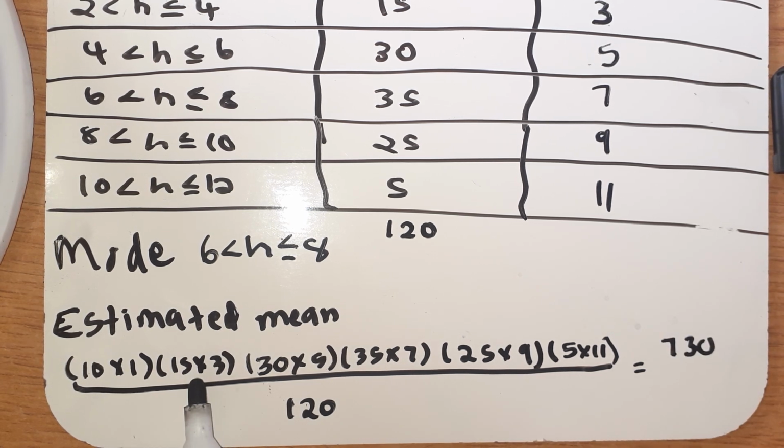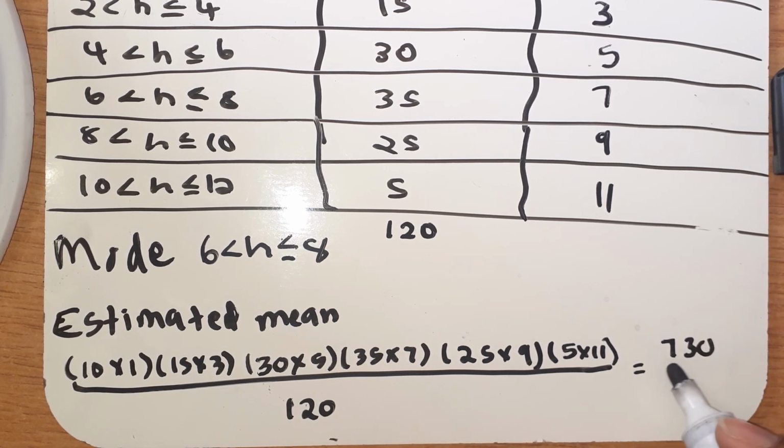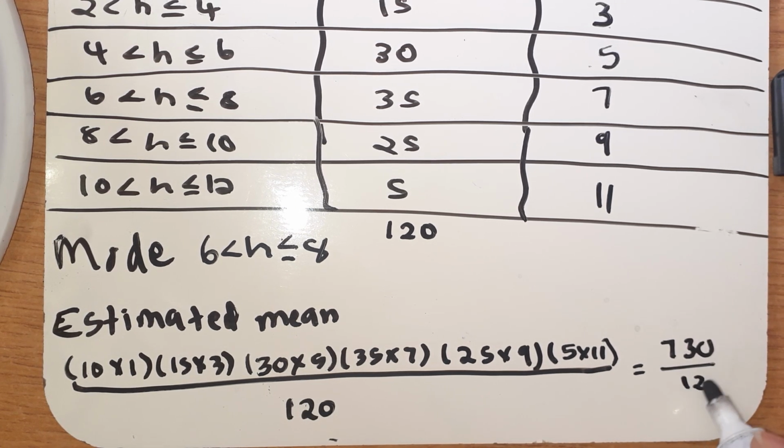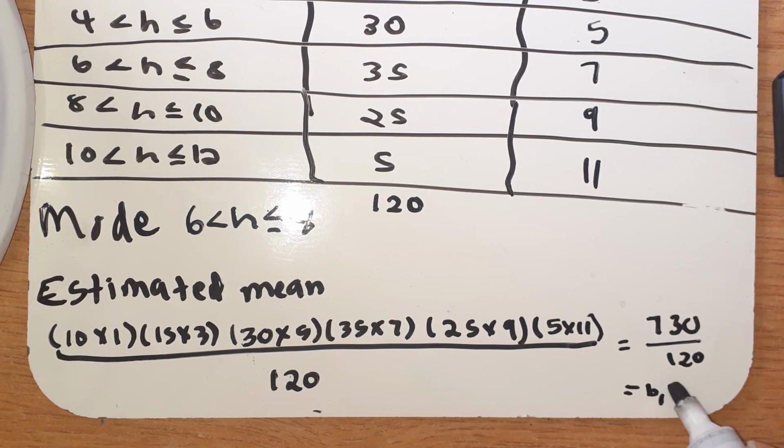You multiply each of these, add them together, you get 730, then divide by 120, and that will give you 6.08